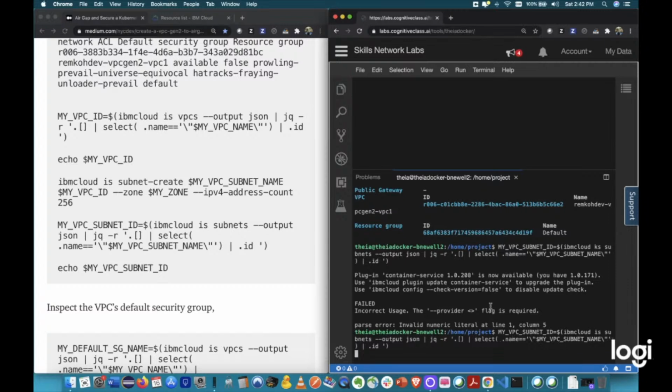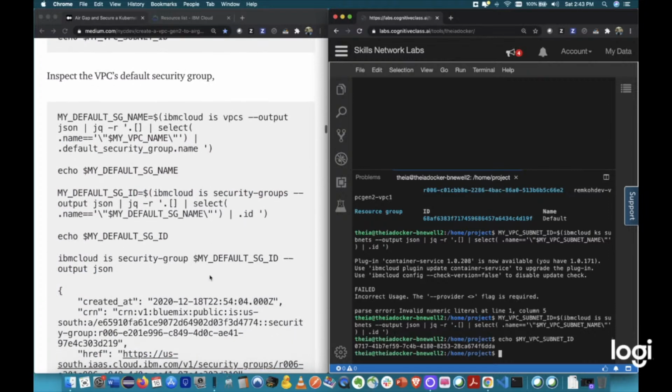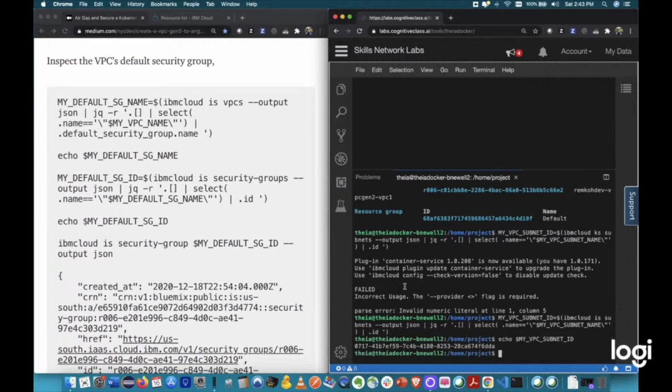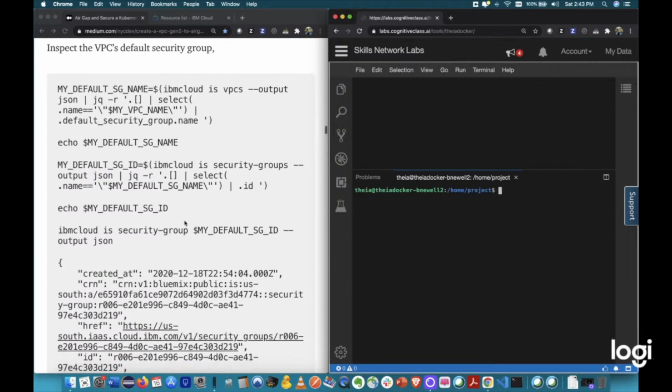So let's run this now again, and let's hope the VPC subnet is retrieved. We can double check by echoing out the value from my VPC subnet ID. It's set, there we go, yippee, and that's that. So we have created a virtual private cloud and a subnet, and the next group, let's look at the security